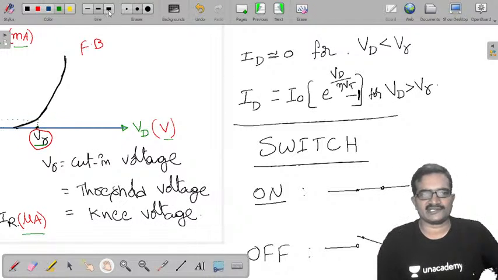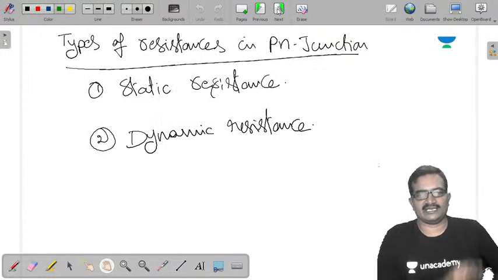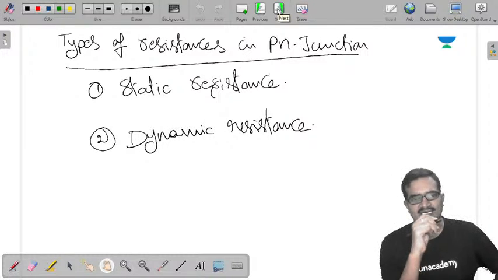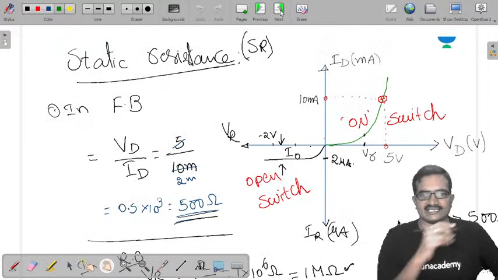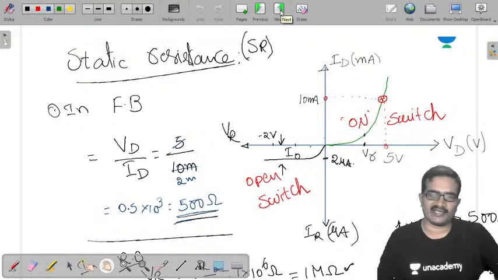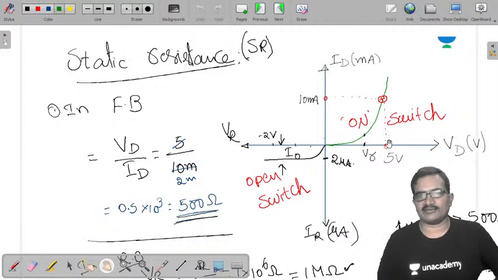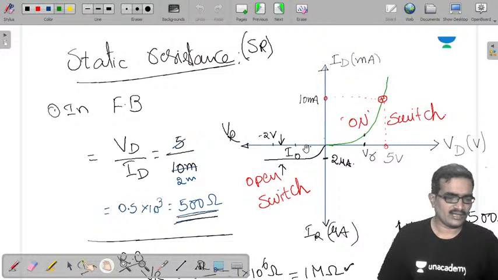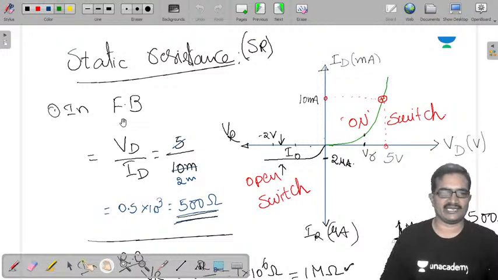So in that process, I am going to calculate two resistances from the VI plot. One is the static resistance, and the second one is the dynamic resistance. Static resistance is the point-to-point value: we take a point on the VI plot, and at that point we see what the voltage is and what the current is. Similarly in reverse bias, what is the voltage at that point and the current at that point. We substitute those values here and take V by I, that is VD by ID. So it is nothing but the inverse of the slope of this plot.